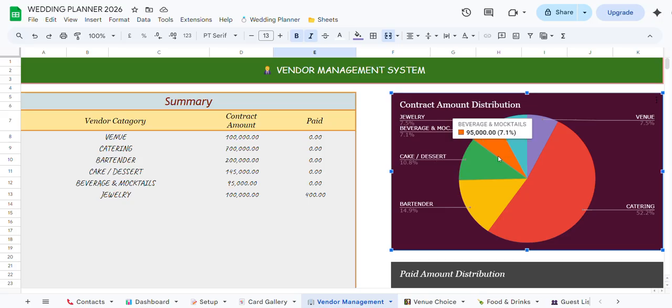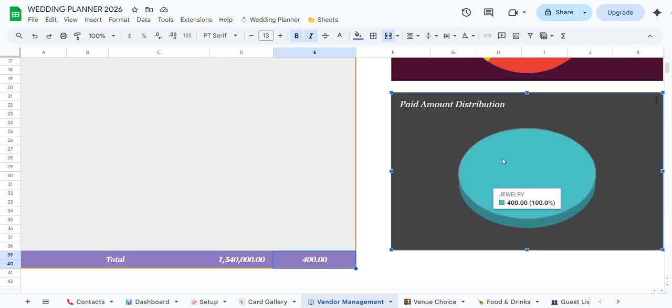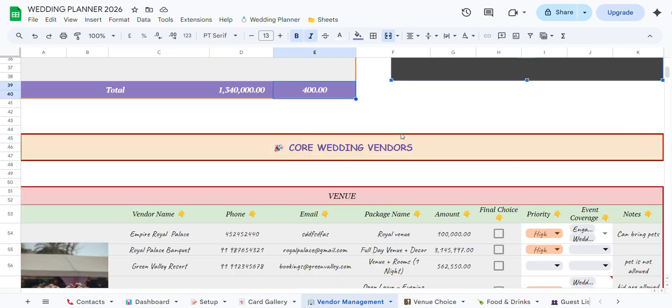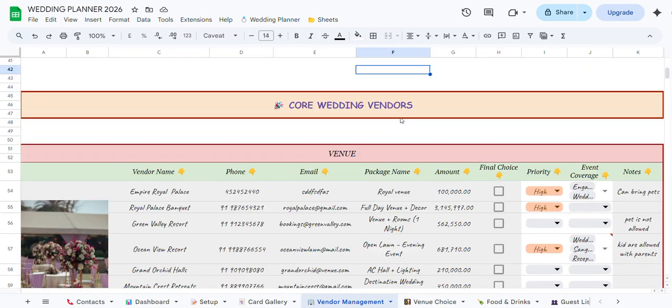Just click once and you can see the contract amount based on vendor in the graph as well. And you can also see the paid amount distribution as well. So, after that, if we move a little bit down, we have